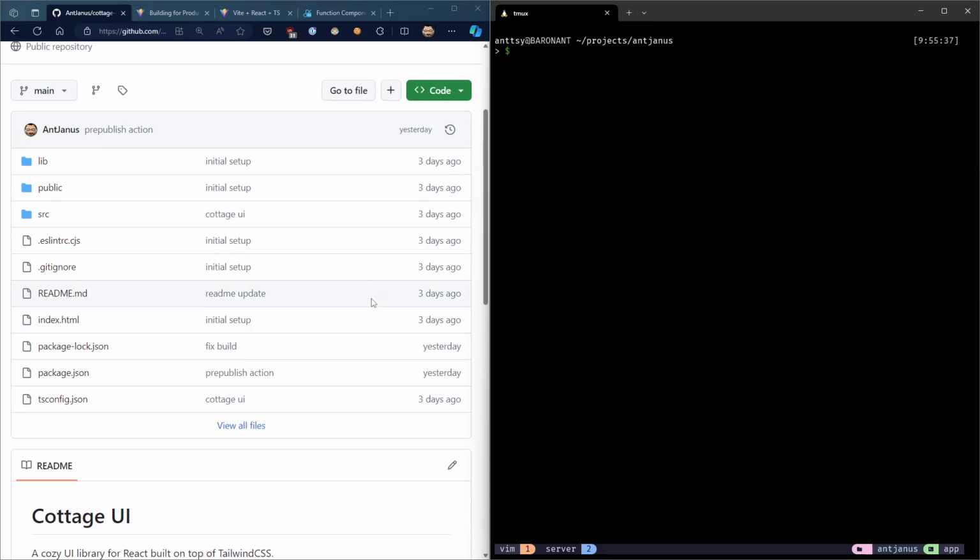So the idea here is that just about any React application that you're going to have is going to have some kind of UI components layer, meaning something that's going to render out the buttons for you, something that's going to render out tables, something that's going to render out modals, anything like that. And a lot of the times, even if you use a third-party library to handle some of this stuff for you, like I think MUI is one of them, shadcn is another. There are quite a few different UI libraries out there for React, especially,